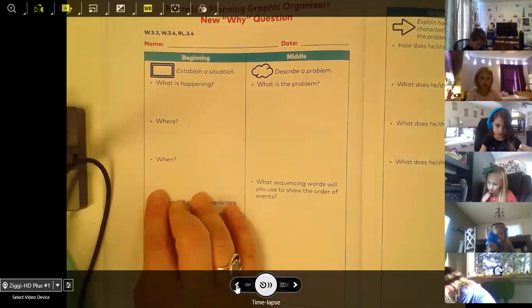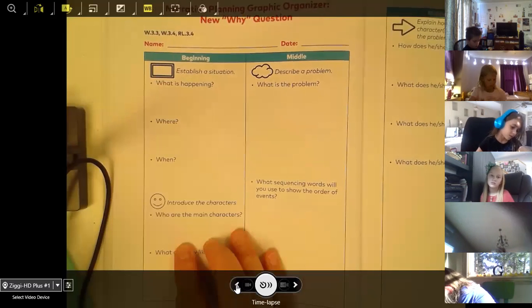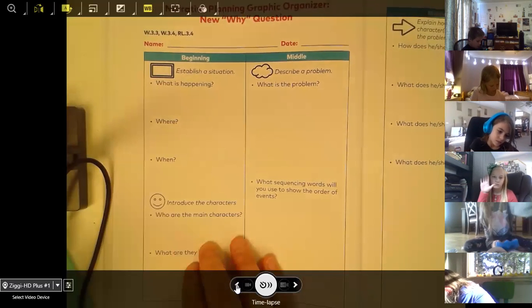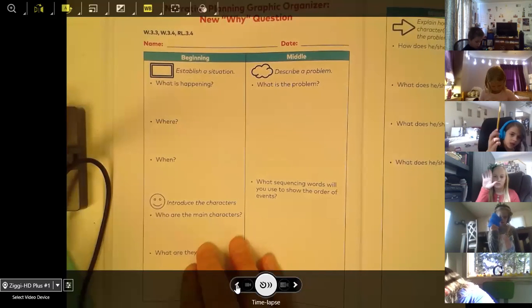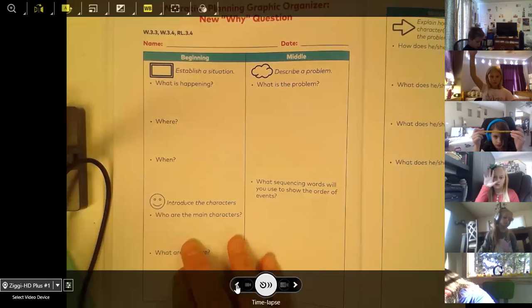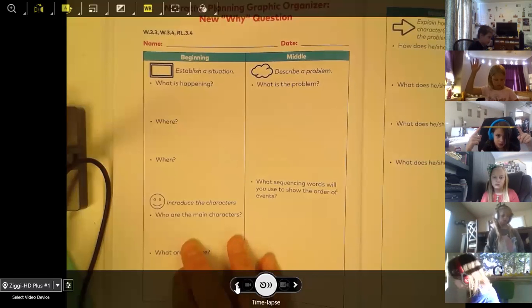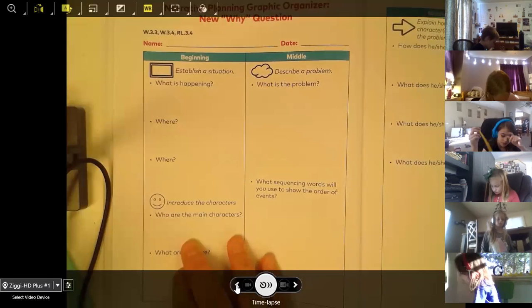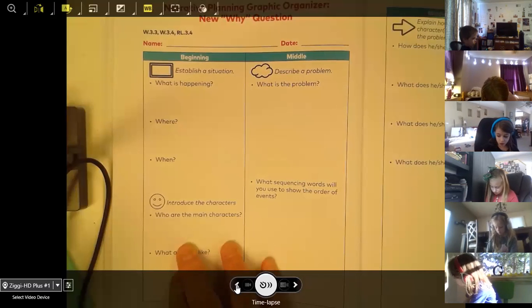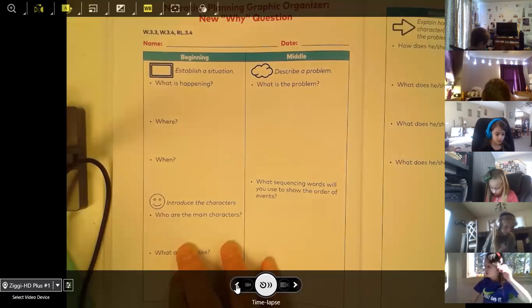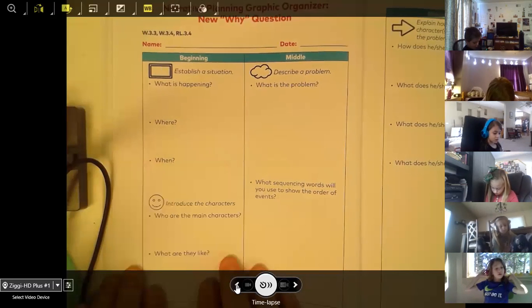You are using pencil. Why do you think it's a good idea to use pencil? Anybody have an idea about why we're using pencil and not pen? Especially since we're doing some planning. You can erase it. So we can make some choices, right? So we can make some changes if we want. And if we make a mistake and change our mind, now we'll have an opportunity to write something different, right?